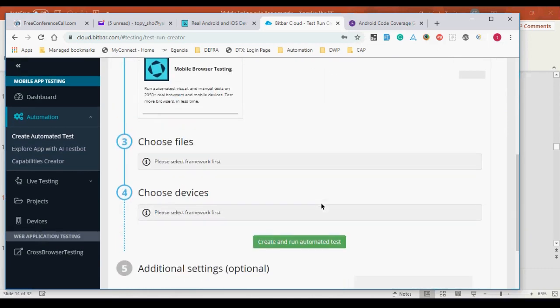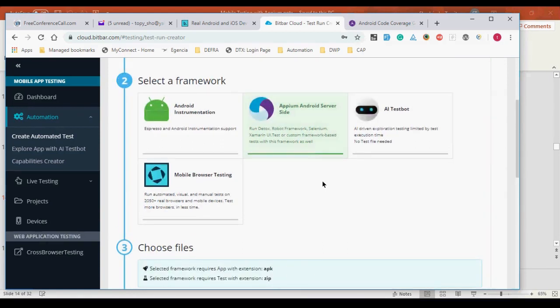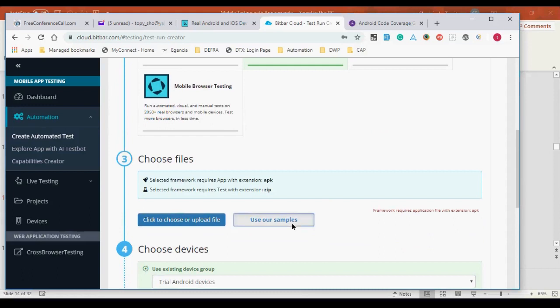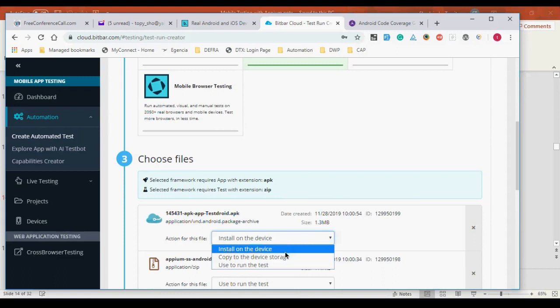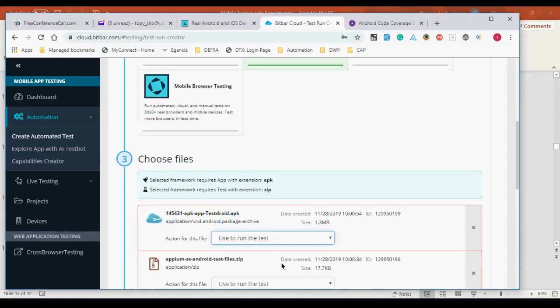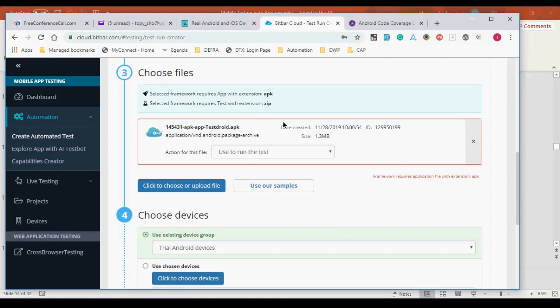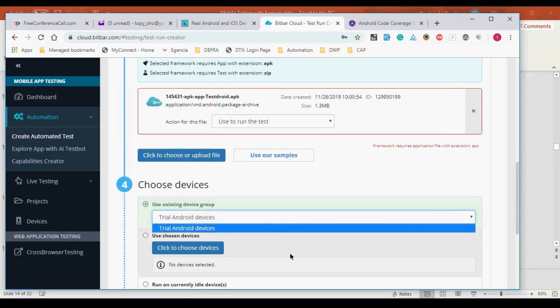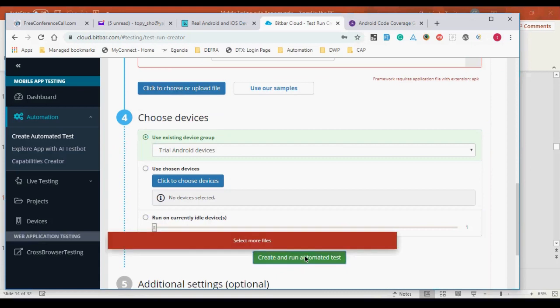It doesn't look like they have any Appium user samples. Yes, it's the APK. Like with Android, you would always have APK anyway. So okay, trial Android devices. So I'm using the trial Android devices, and then